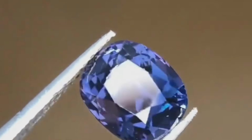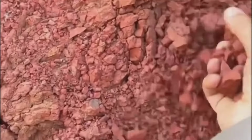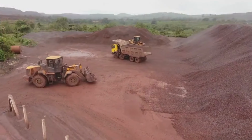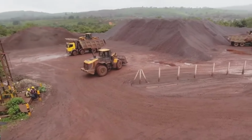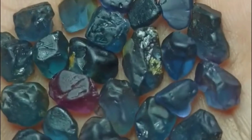Found in metamorphic environments where aluminum and magnesium are present, blue spinel often forms in regions where iron-rich soil dominates the surface. This is particularly true in parts of Southeast Asia and Africa, where red soil is common due to the breakdown of ultramafic rocks. When these rocks weather, they don't just leave behind iron, they leave a cocktail of minerals capable of producing blue